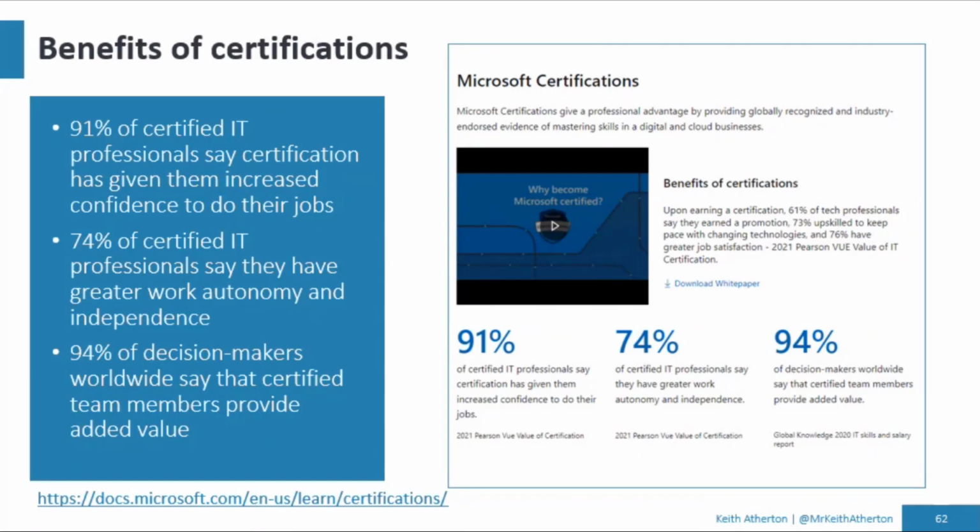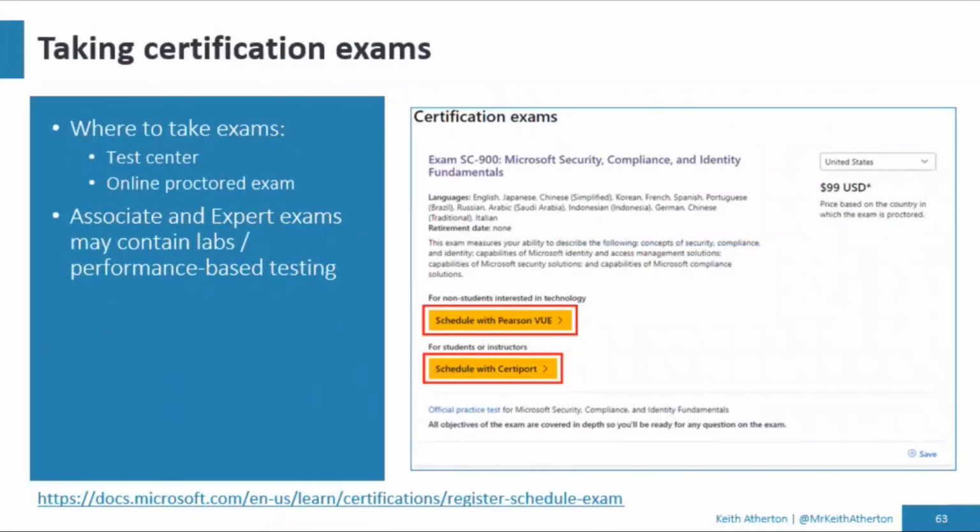For me, initially, it was to get a role where I was actually going to be using these skills. I didn't just want to learn for the sake of it. Now, to get the certification, it might be 1 or more exams. And when you go ahead and book these, you've got 2 options. You can either take them at a test center, which is my preferred option. It just gets me in exam mode when I'm there.